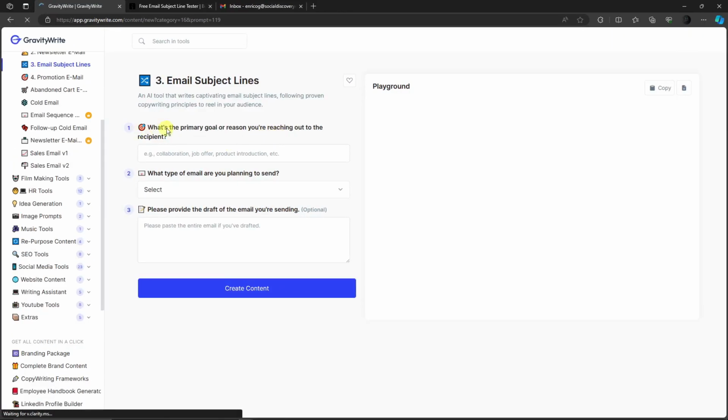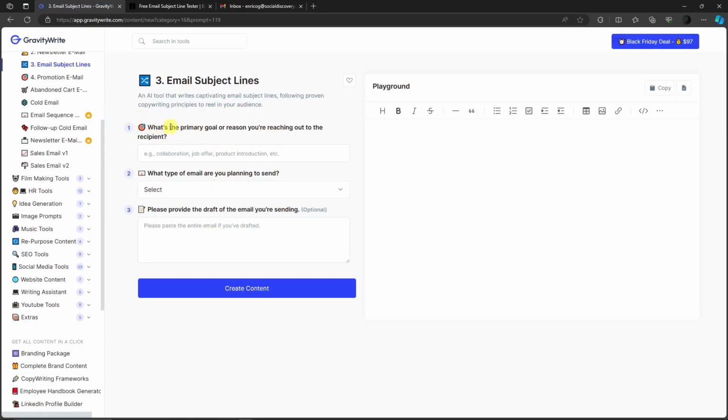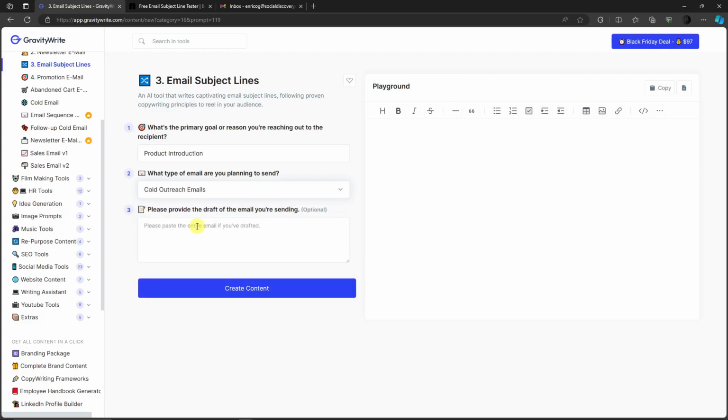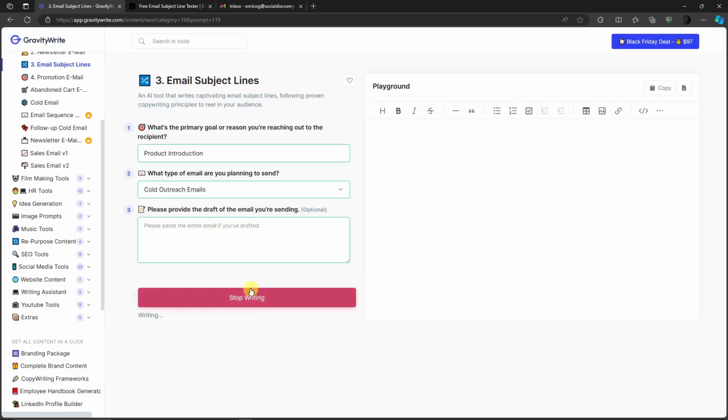It's going to ask 3 questions. First one is, what's the primary goal or reason you're reaching out to the recipient? So if there's a sample, then let's just say product introduction right there. And then what type of email are you planning to send? It has choices. So I'm gonna go with cold outreach emails right there. Please provide a draft of the email you're sending. This is gonna be optional. If you have a draft, for example, paste it here, but right now I don't have a draft, I'm not gonna paste anything. So I'm gonna click on create content right there and wait for this tool to give me